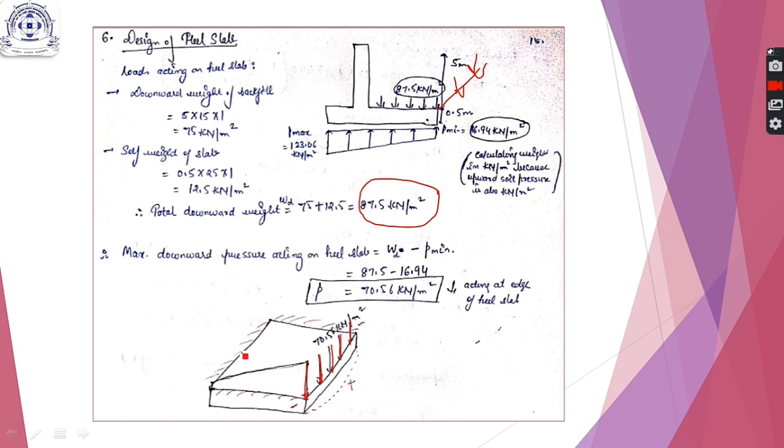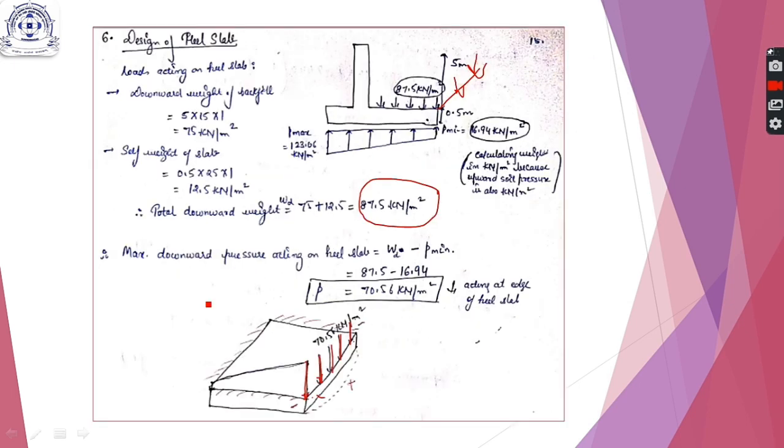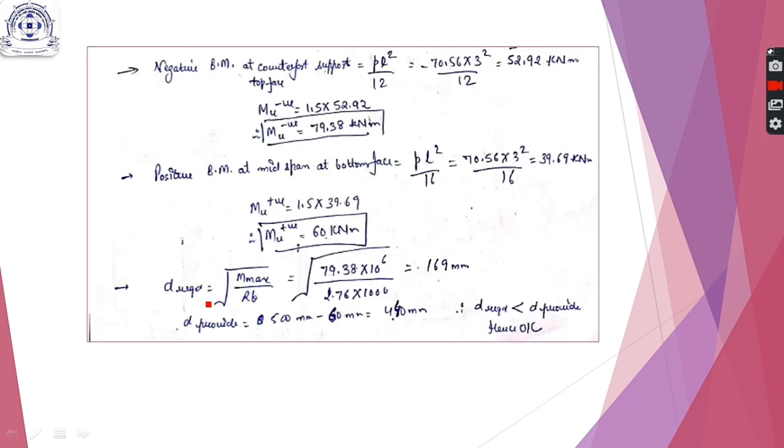Due to this load, the tension will be on the outer face in the midspan, and due to the supports present here, tension will also be on the upper side due to the negative bending moment. Therefore, reinforcement will also be provided here. So we calculate negative and positive bending moments. Similarly, as in the previous question, we check the thickness required. The thickness of the base slab was kept as 0.5 meter, and we take the higher of these moments and